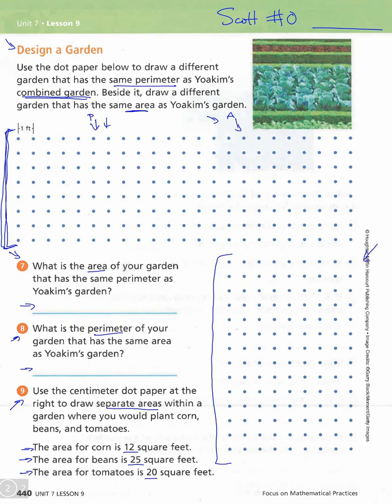So draw 3 different areas, and they don't necessarily need to be connected. I don't think they need to be connected. Just 3 different areas. Corn, and label them. I would say label them corn somehow. Label them beans, and label them T for tomato. I mean, you could just use C, B, and T if you want to somehow label those, like in the middle, right? So go ahead and work on those,